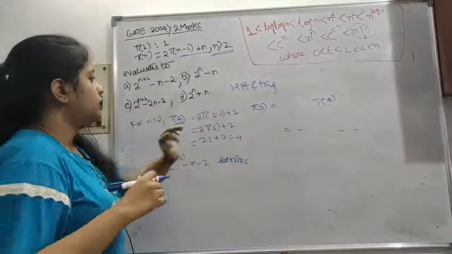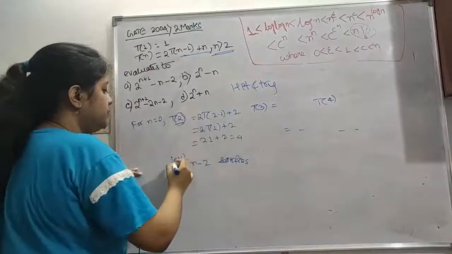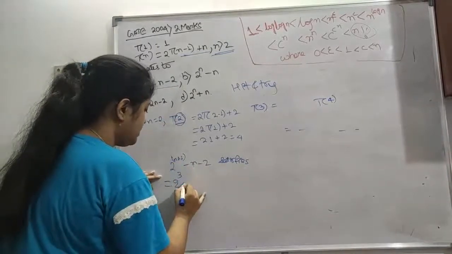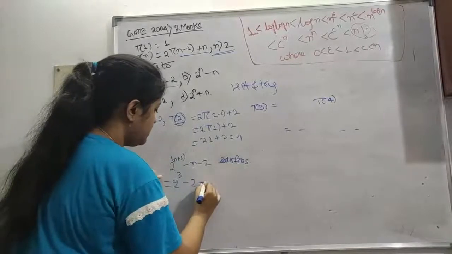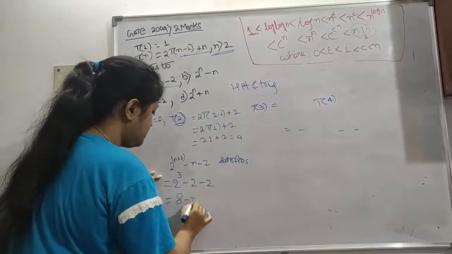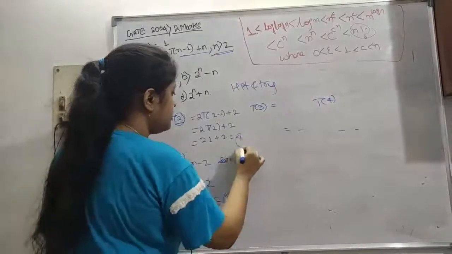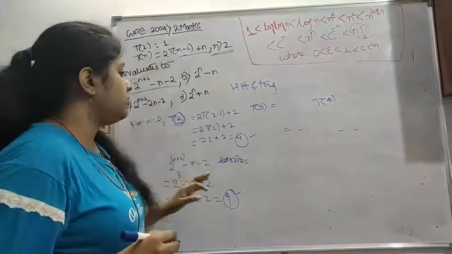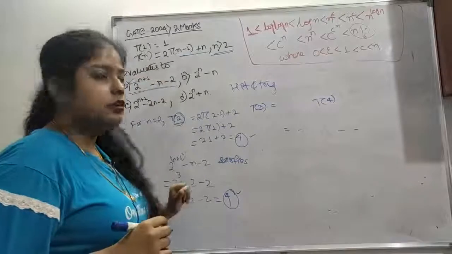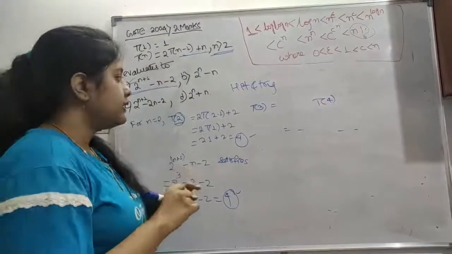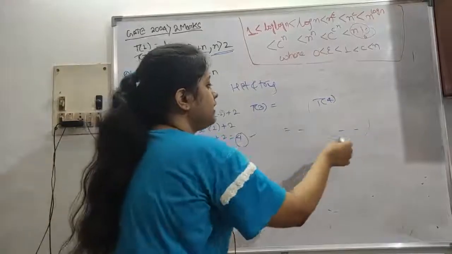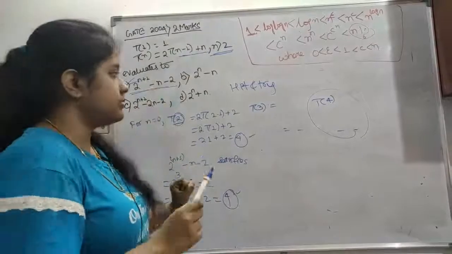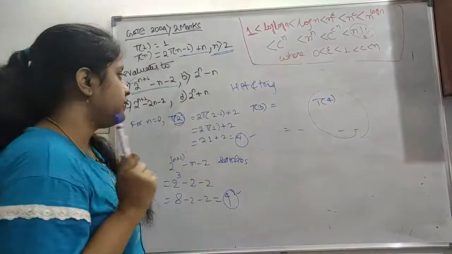Now put that into the function. So let's say t2, if we put 2 in this function, 2 to the power 2 plus 1, which is 3, minus, this n means 2, minus 2. So this is 2 to the power 3 means 8, minus 2, minus 2, this is 4. So here you can see this 4 and 4 satisfies, and this is the correct option, but it may seem that this may also give the correct option, this may also. So the best way is to find t4, the bigger value, and then put the value in the given options, so that you will get the correct answer in one go.